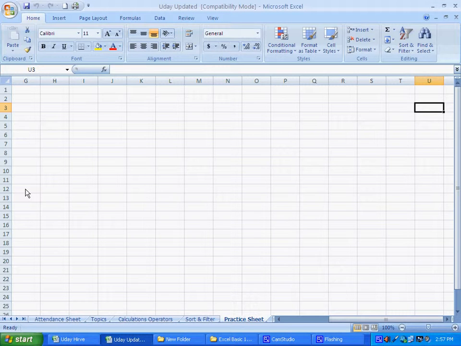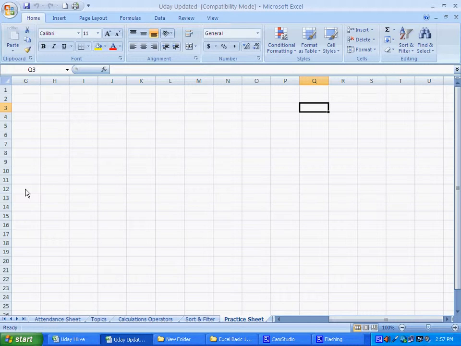Now with the help of your keyboard you have to press shift tab. As soon as I press shift tab, my cursor is again going backward. So if you want to move on your worksheet horizontally, you have to press tab.